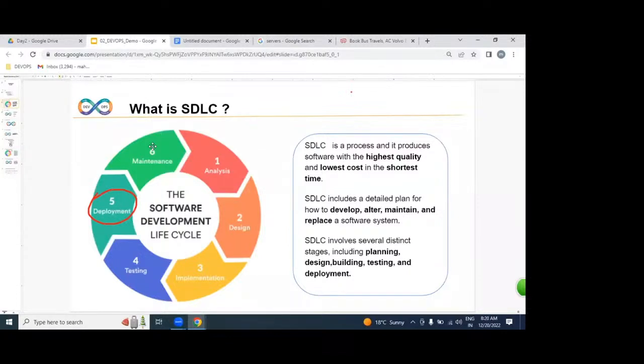This entire process we call as what? SDLC. In SDLC, each and every IT employee is involved. Not only the DevOps engineer, but the AWS admin, Linux administrator, developers, testers. We're all together as a team, producing a website.